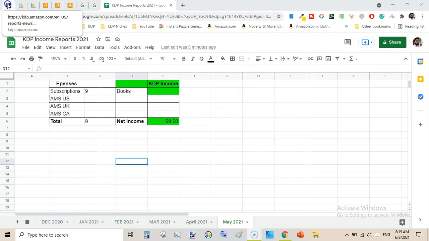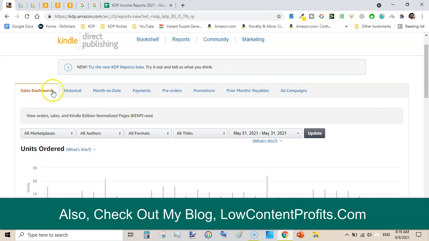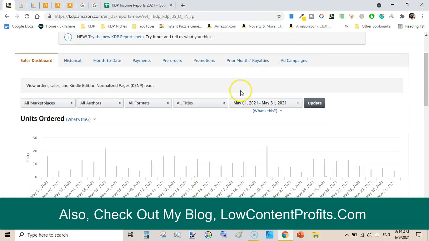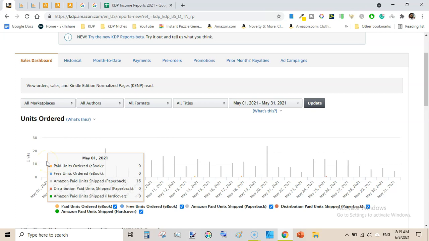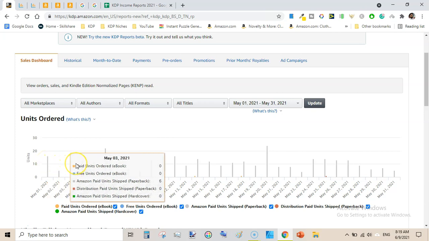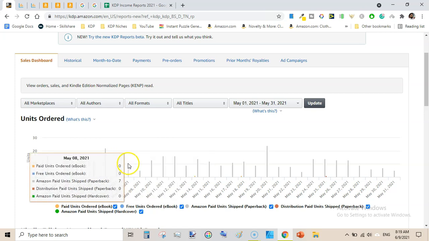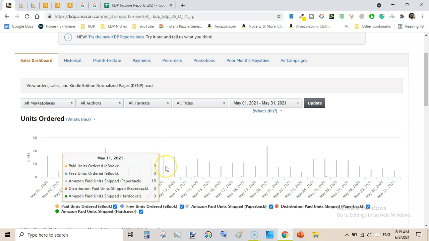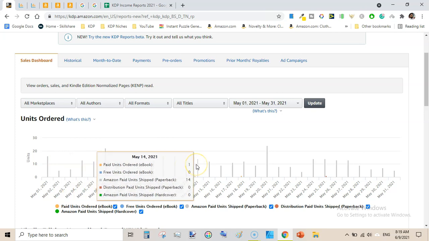Let's get started. I am here in the KDP Reports dashboard, that is the sales dashboard, and I have already sorted it by May 1st to May 31st. And here we can see the month started with 16 units, 5 units, 6 units, 13 units on May 4, 12 units, 22 units on May 6, 9 units, 7, 5, 13 units, 16 units, 16 again, 9 units, 14 units